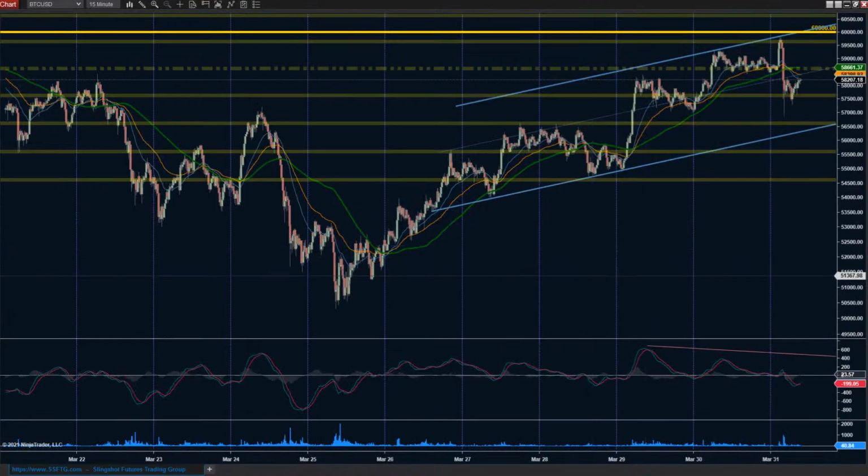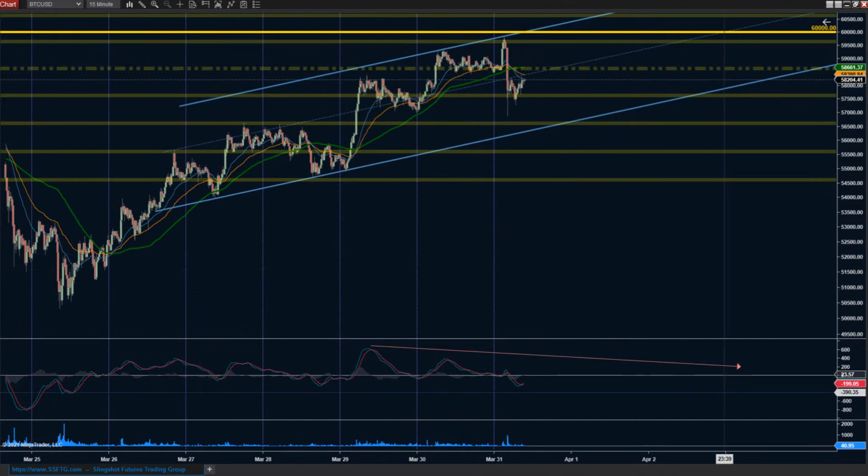On Bitcoin, nice little flashback. Not really much of a surprise there. I think that's kind of expected. And honestly, I don't necessarily think it's done yet. This is something that is becoming more and more typical when it comes to Bitcoin and really everything. When everybody is saying, oh, Bitcoin's going to the moon, or XYZ stock is going to the moon, whatever it happens to be, that's usually when everything falls apart. And it's usually on the back of news that you would expect to be good.